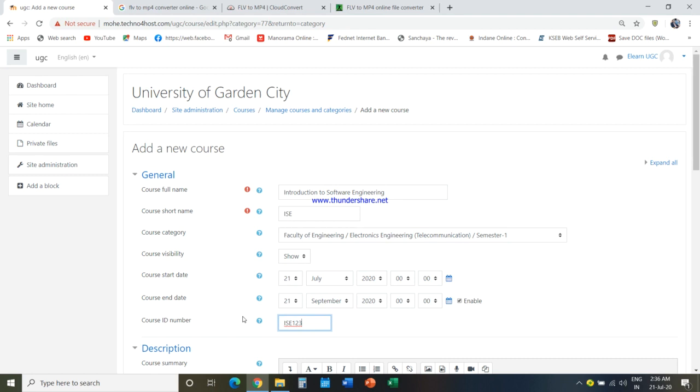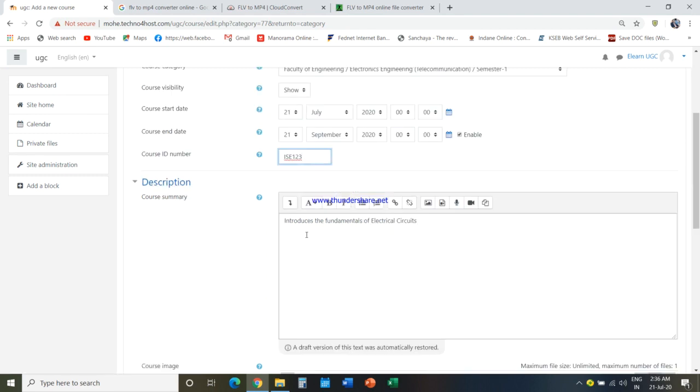The next step, if there is any description for the given course, you can give the description.